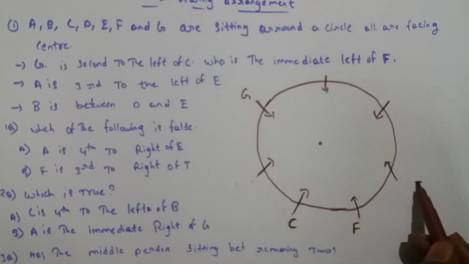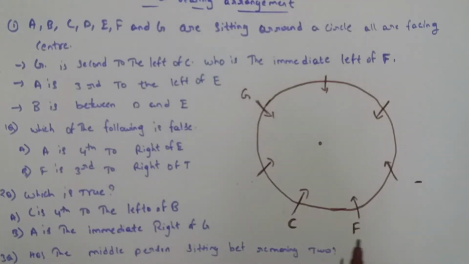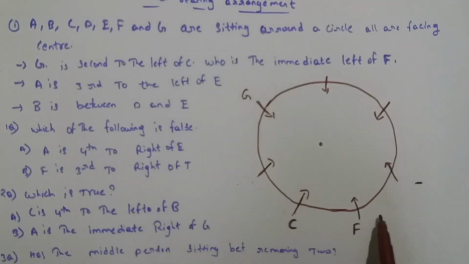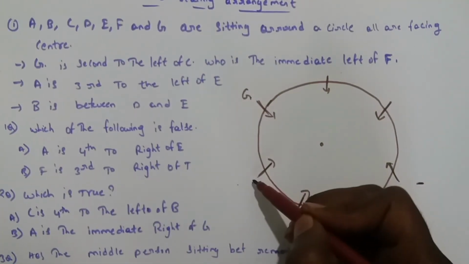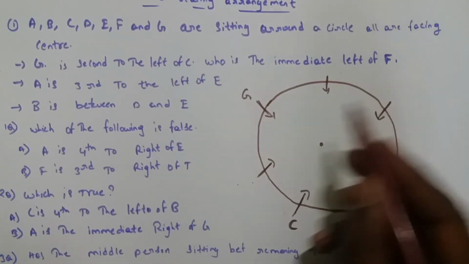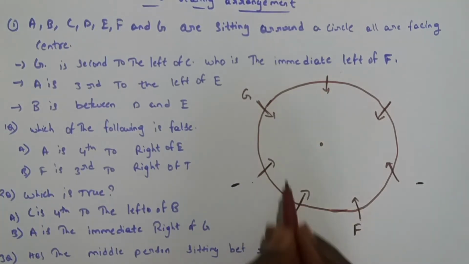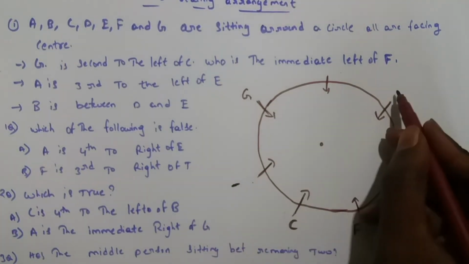Okay, let us assume we have taken E here. Again another option here. If you take E here, it is the right side, it is the left side. Okay, now 1, 2, 3. Okay, then here also we can take E. It is the left side, it is the right side. Okay, from here also we can take E.